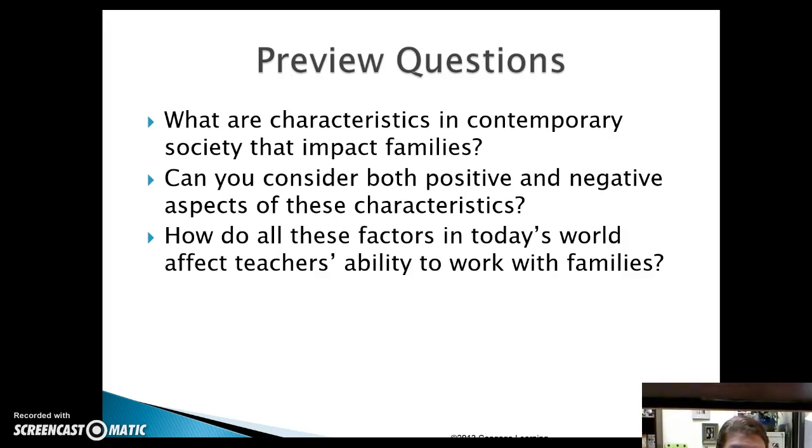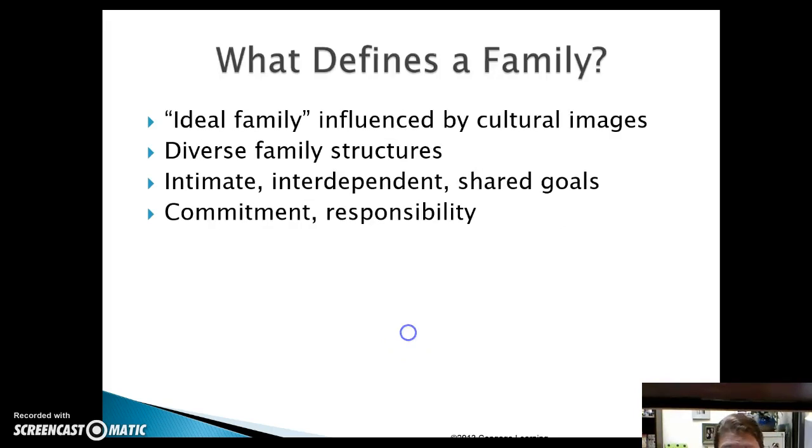Certainly the questions call you to share those with other classmates, but you could also talk through these pictures with other family members or with people that you know. And thinking about those, you want to think about which families you are most comfortable working with: families that are similar to yours, families that are different, and use this as a jump start of where we're headed into working with diverse families.